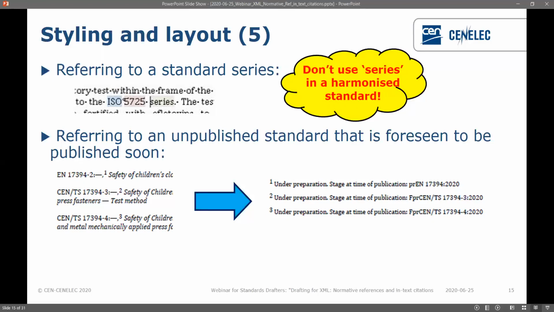Each one has a footnote that says under preparation, stage at time of publication, and then the actual reference of where it's at now. This allows you to refer to formal vote texts and inquiry texts that are still undergoing preparation. But when it comes to the actual text being published, it's a lot less work, because you either delete the footnote or add a date. So this might be a change the editor may make when they edit the text, or you can do it yourself.